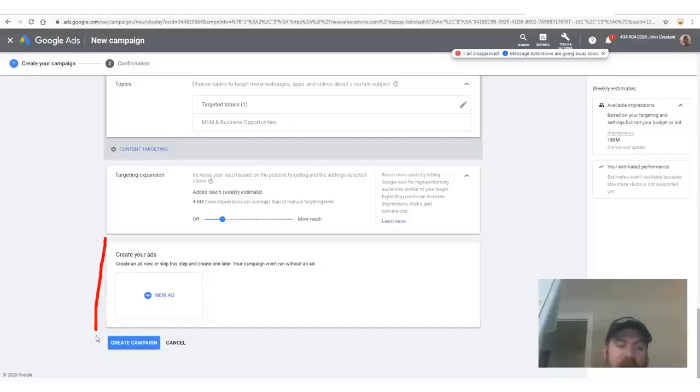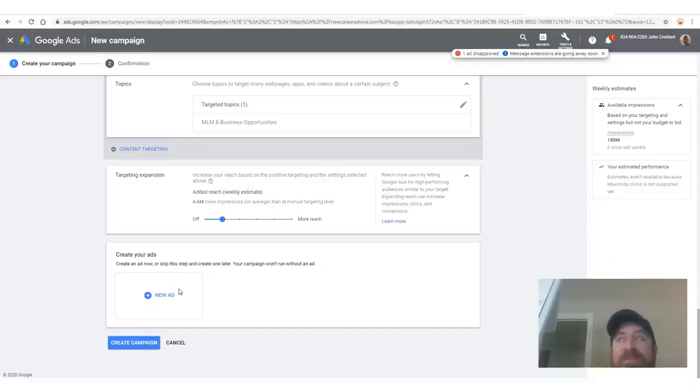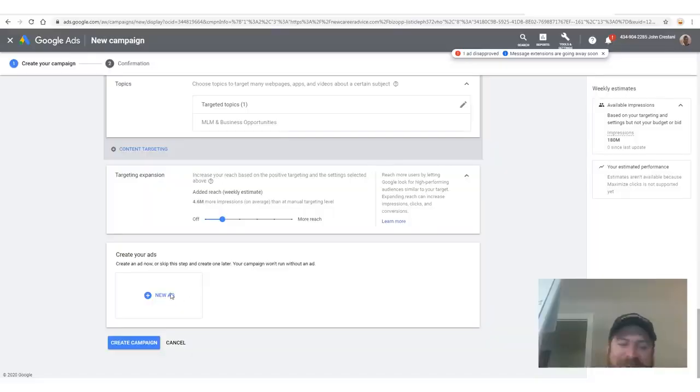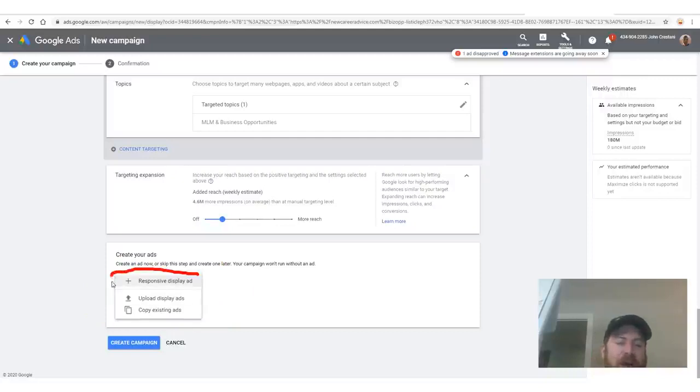So we're at the final stage of creating our Google ad, which is amazing. Again, pat yourself on the back if you've made it this far. This is huge. If you've made it this far, say, I'm at the ad thing. And if you're going to make it all the way, I want to hear you in a little bit. But we're going to click create ad right there, and you're going to click create responsive display ad right there.